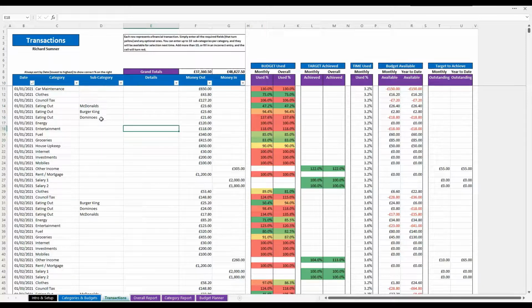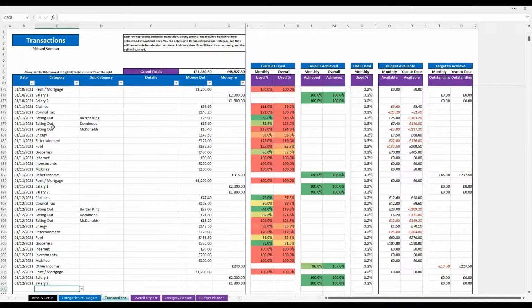You'll see that shortly. But if I've done it here for eating out, for example, what you may want to do is subcategorize something like eating out or whatever it might be. You might have 2 different cars, for example, and you have one thing of fuel and which cars are for, that kind of thing. So instead of having a list of subcategories, the way I've done it is you can type in a new subcategory. So here, for example, it gives you the options of McDonald's, Burger King, and Domino's because they've all been used for eating out. So if we went to the 2nd of December,